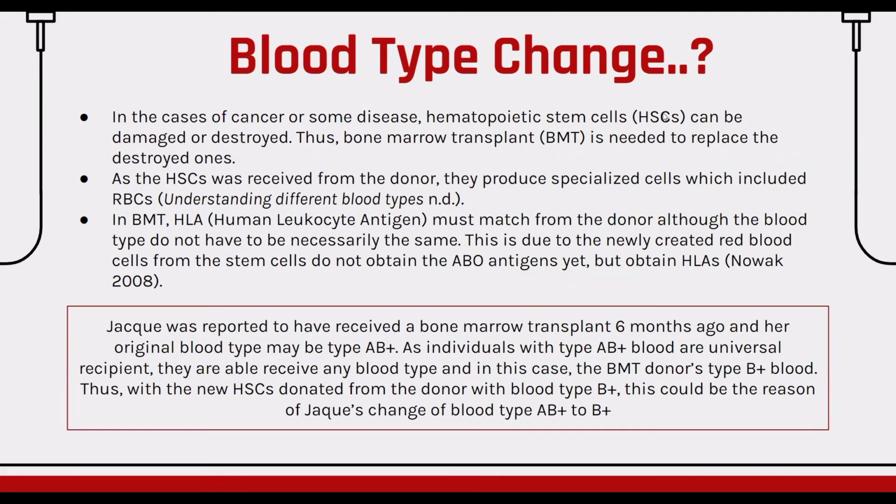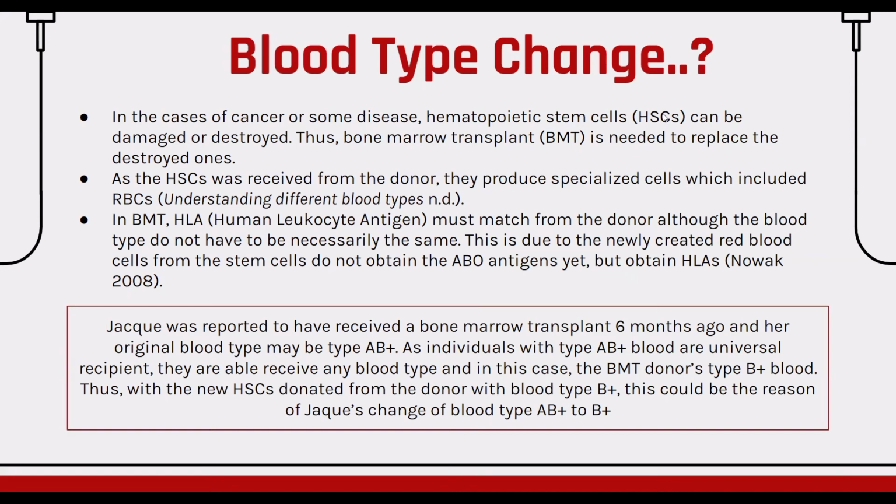In the cases of cancer or some diseases, hematopoietic stem cells, known as HSC, can be damaged or destroyed. Thus, bone marrow transplant is needed to replace the destroyed ones. As the HSC are received from the donor, they produce specialized cells which include the RBC, red blood cells. In the bone marrow transplant, HLA, known as human leukocyte antigen, must match the donor, although the blood type does not necessarily be the same. This is due to the newly created red blood cells from the stem cells not obtaining the ABO antigens yet, but obtaining HLA. Therefore, in this case study, Jack was reported to receive a bone marrow transplant 6 months ago,